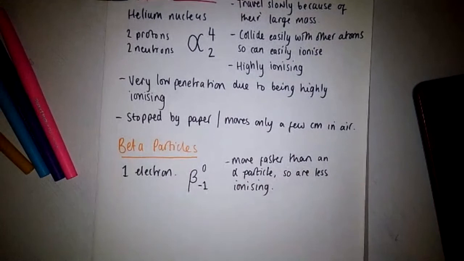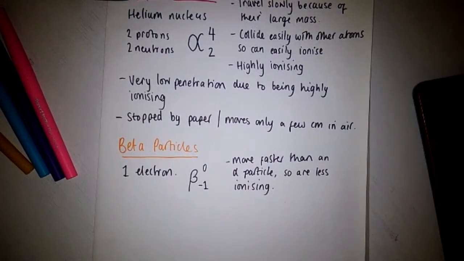Now, they're less ionizing, but I still wouldn't like to get in the way of a beta particle. If there was a beta particle coming at me, I'd still be interested in getting out of their way in terms of their ionization power. So they're still going to affect your cells. They're still going to affect the atoms that make up your cells and can ionize them. So you don't want to be near it, but it's not as strong as an alpha particle. Okay. In terms of their penetration power,